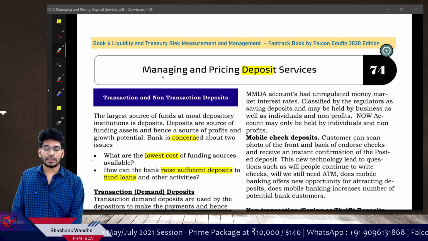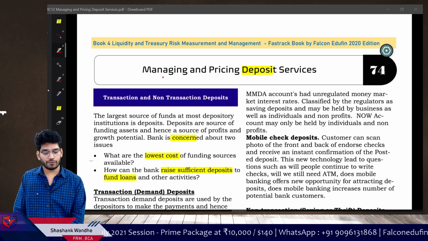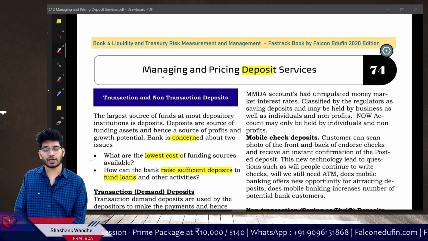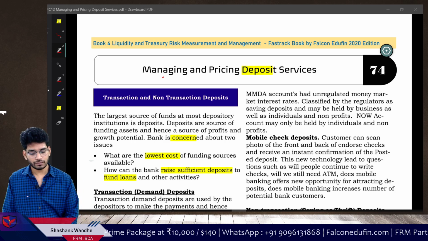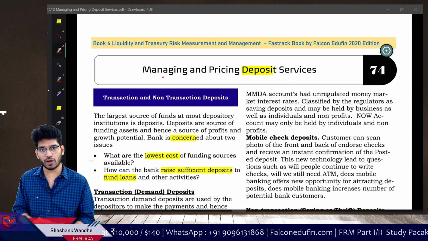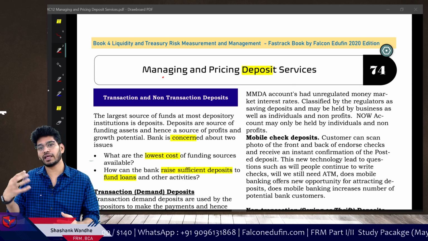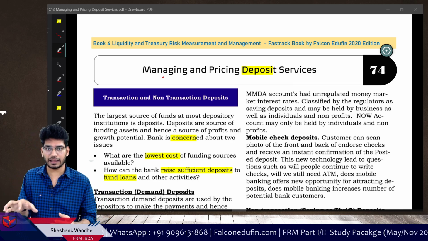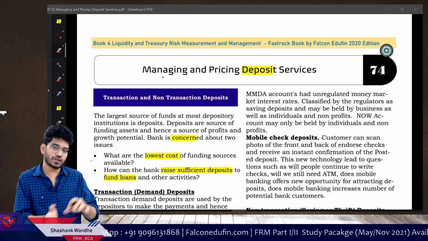Hello everyone. Now we'll start a discussion on chapter number 74 of liquidity risk, managing and pricing of deposit services. So banks primarily have two sources. The primary source is the deposit services. Deposit services meaning the customers deposit their money in the bank and the same money is used for the lending